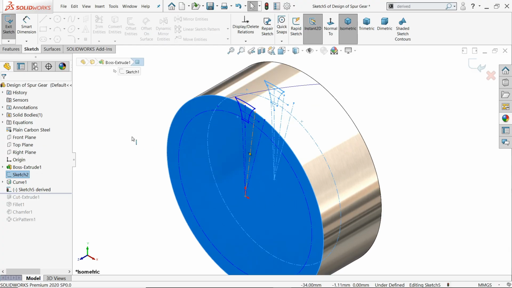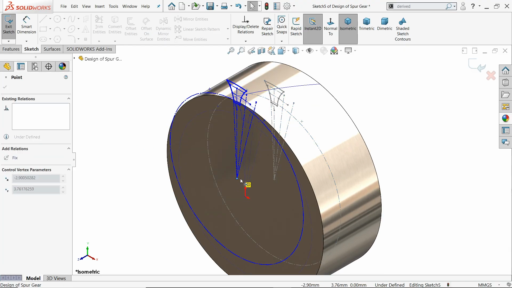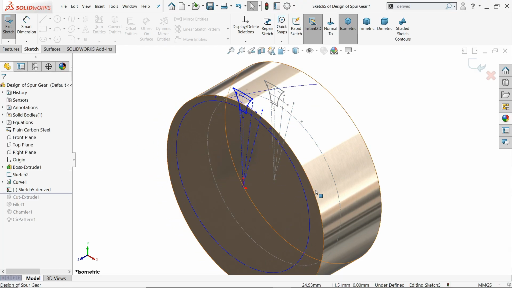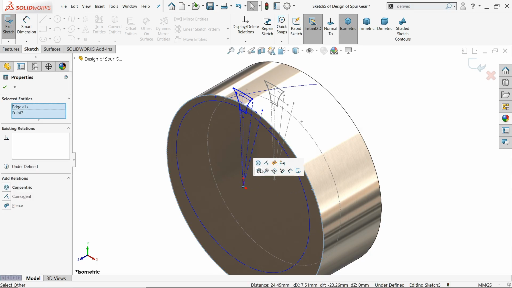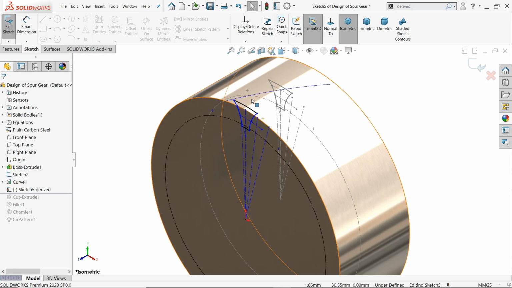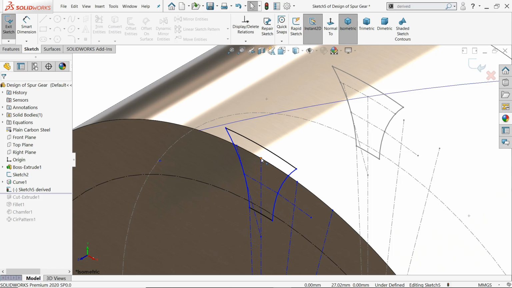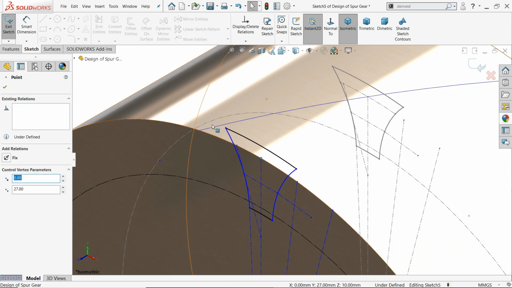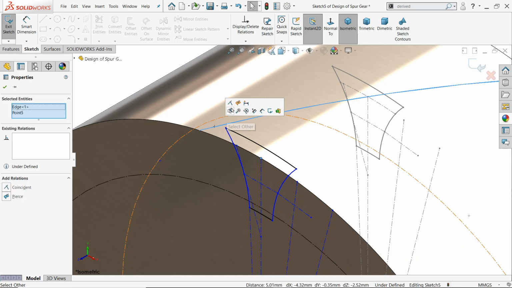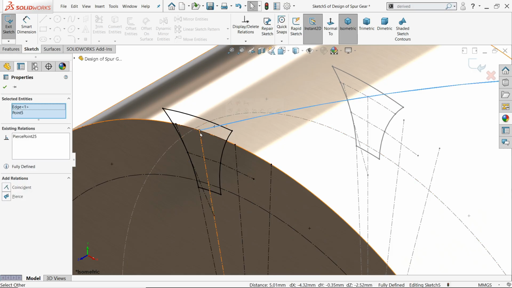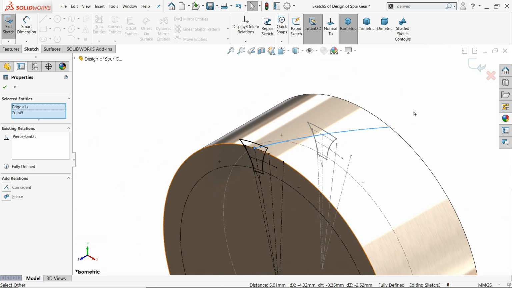Now see, this is not coincident, so let me choose circle and point and create one constraint, make concentric, that's it. Now here we need to make one more relation. Now select this center point and hold shift key and select this curve, and you will get one relation, make pierce. See, this is a fully defined sketch.